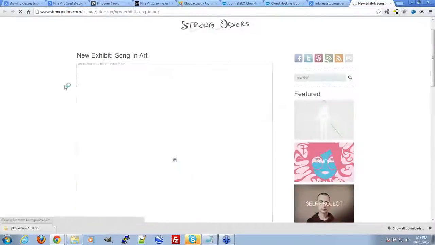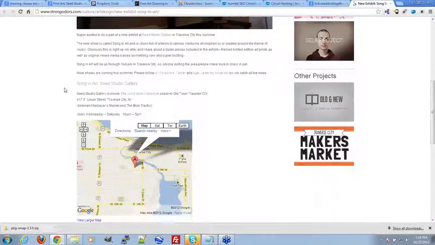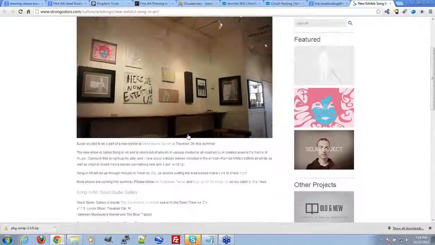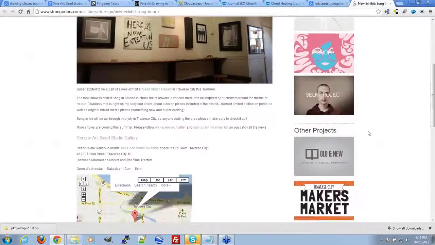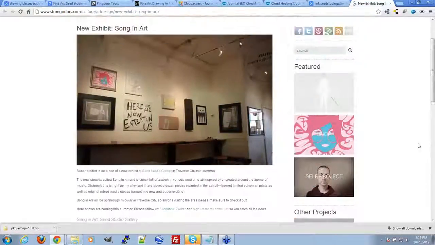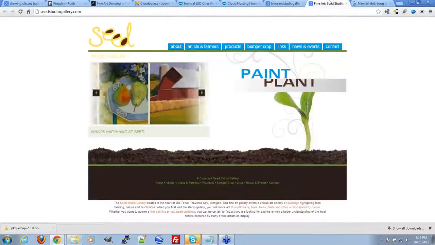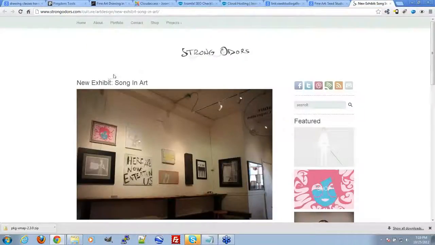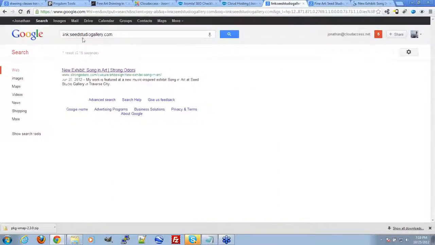Small children beware. Okay, this isn't so bad. Yeah, so this is actually linking to, and you can see here, they've got it right here. That's the link that's going to the site. So ultimately, it could be potentially a one-way link as well. So this site, our Seed Studio, is benefiting from a one-way link from this site, and we can tell that by using this little